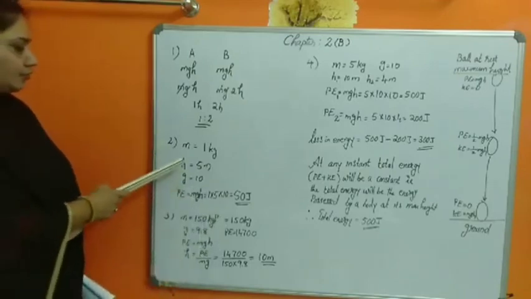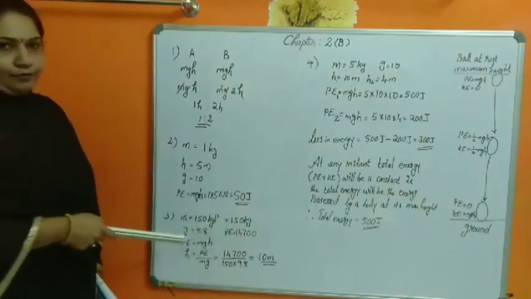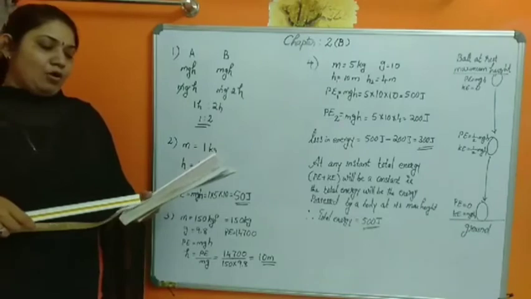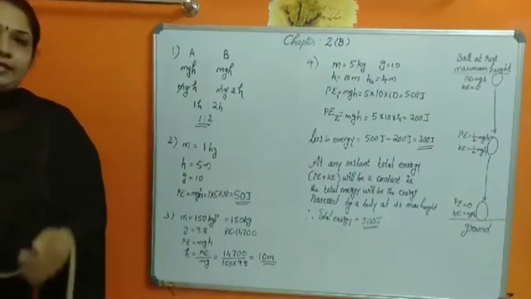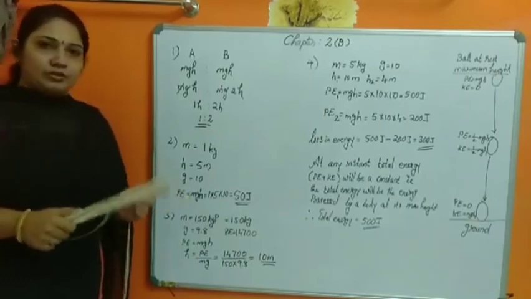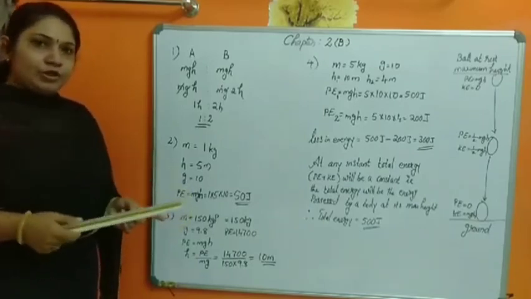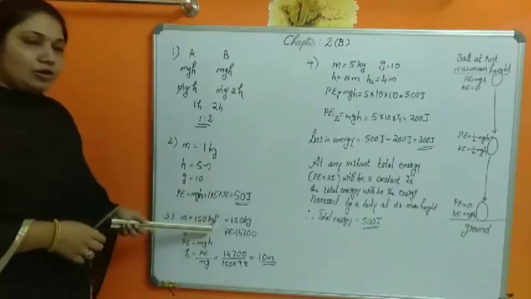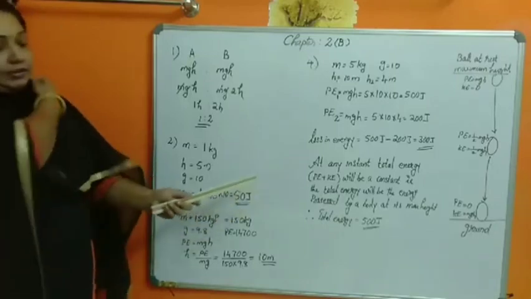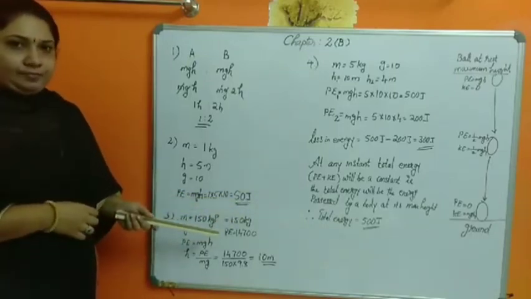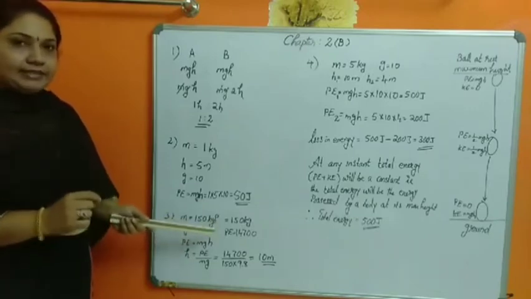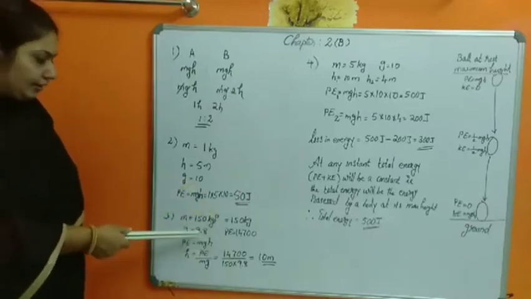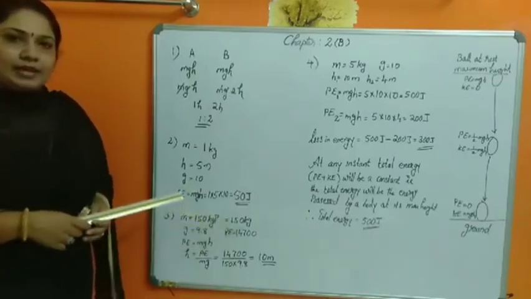So here we can see the question. Mass is given 150 kgf. And this kgf, it is a confusing question. Here it is written a box of weight 150 kgf. Weight. But don't misunderstand, it is not the weight. It is mass itself, because you can identify whether it is weight or mass from its SI unit. kgf is not the SI unit of weight. The SI unit of weight is Newton. But here it is given kgf. kg and kgf are the units of mass. So if you want, you may write 150 kgf means 150 kg.